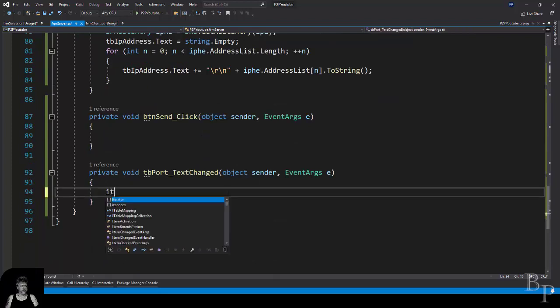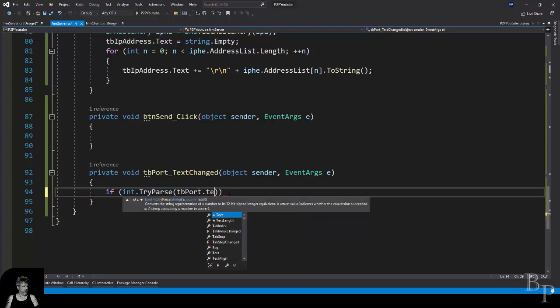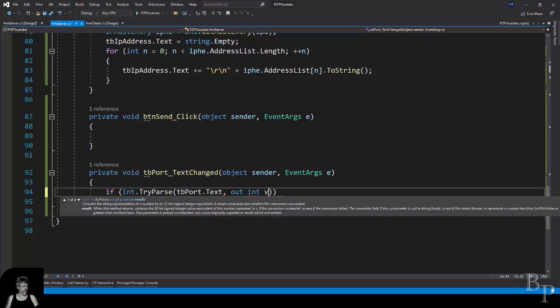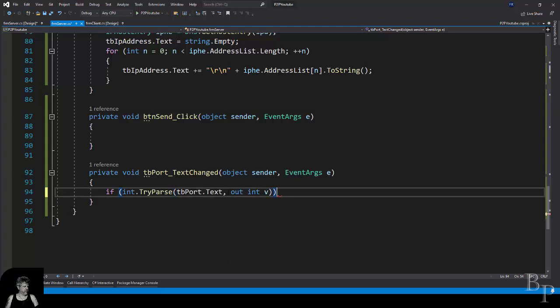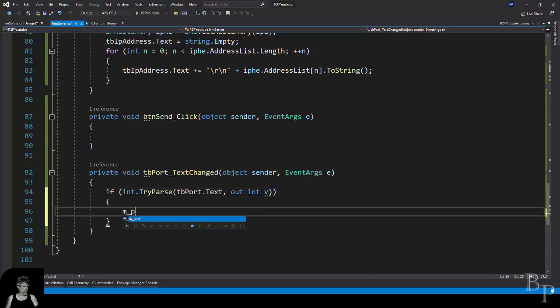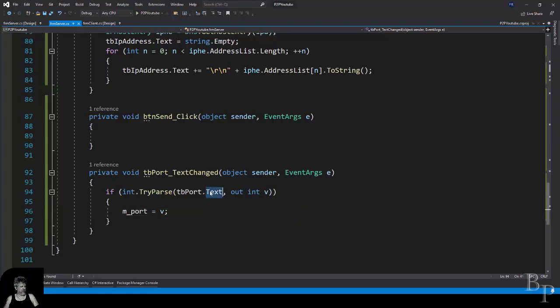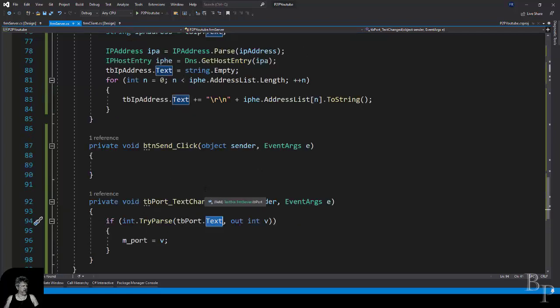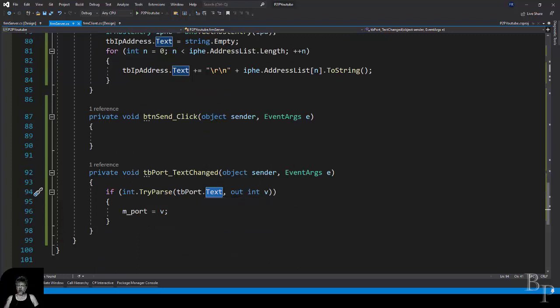Now let's go to our port. And let's try parse the port text out in a variable. Set our port equal to it, because we cannot access this text box when we go to make our connection, because our connection is going to be made on another thread. Alrighty,